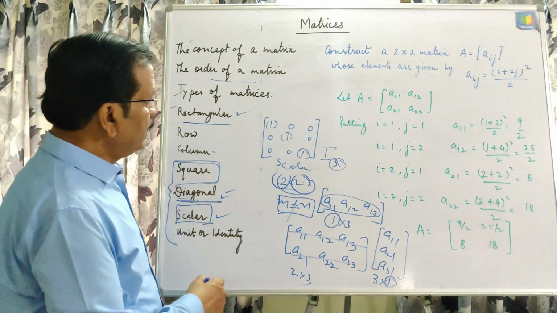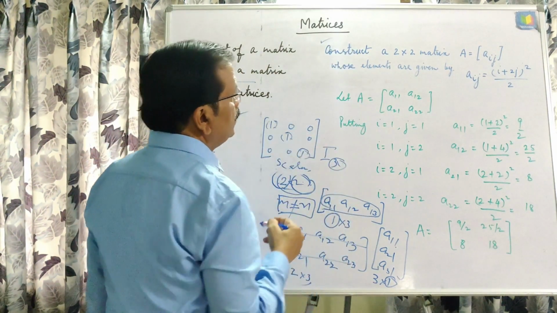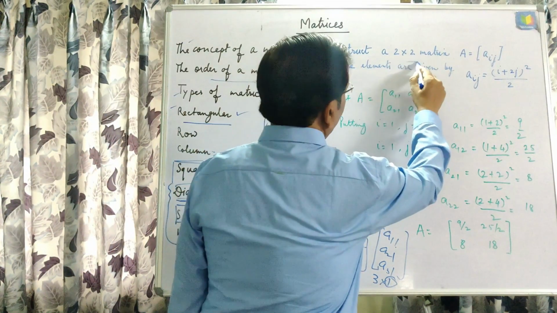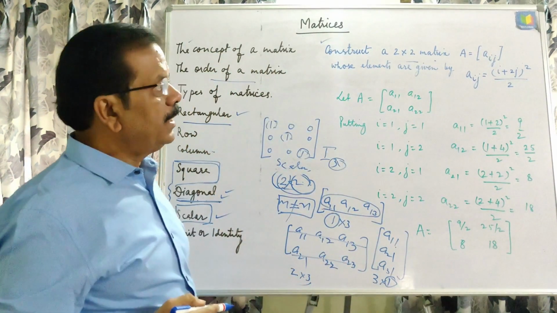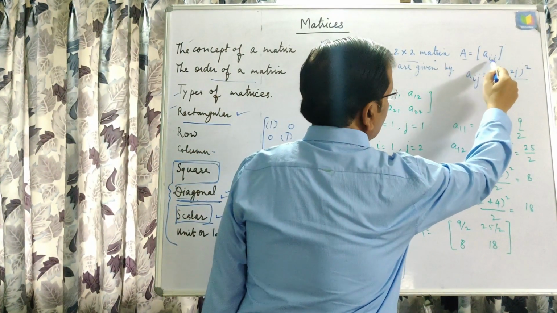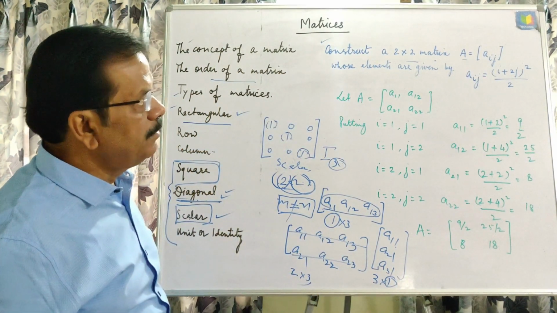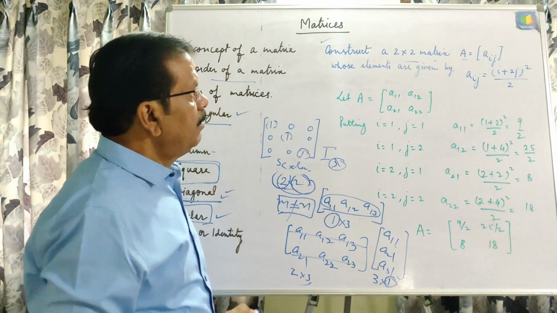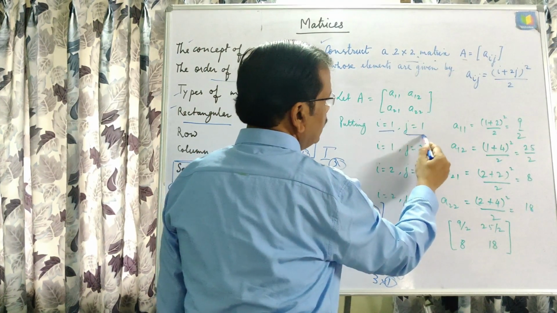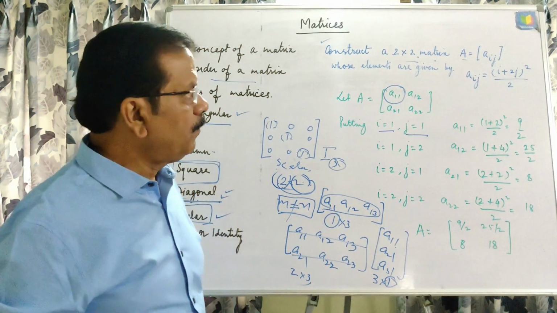Okay, and related to this, we can take this one question: construct a 2 cross 2 matrix, meaning the number of rows and columns are 2 and 2, in such a way that matrix A is equal to small a ij in matrix form. Now whose elements are given as a ij, but we have to construct a 2 cross 2 matrix. So i is equal to 1, j is equal to 1 for the first element, first row, first column.